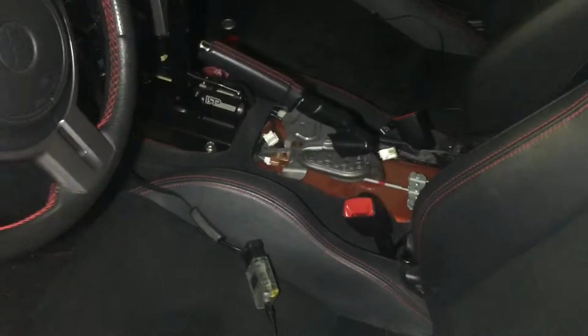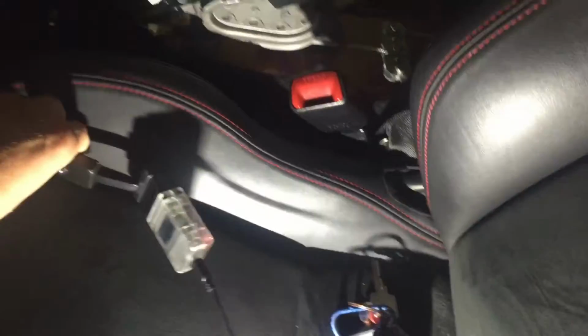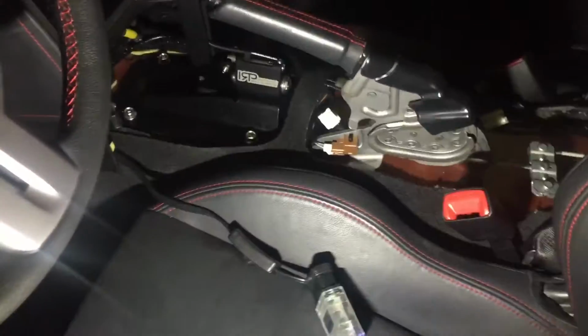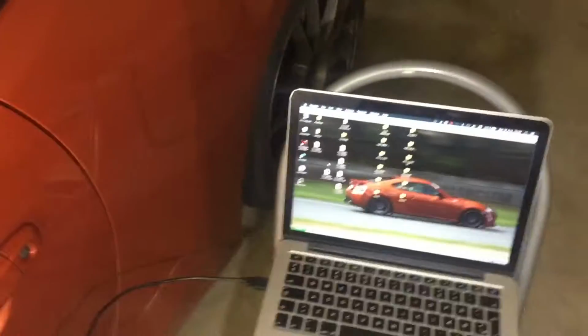So here's how to flash your car using Tactrix. You connect your Tactrix to your OBD2 port. I used an extension cord, and I usually do it outside the car because I think that's easier than sitting